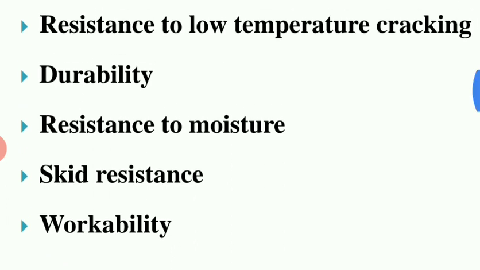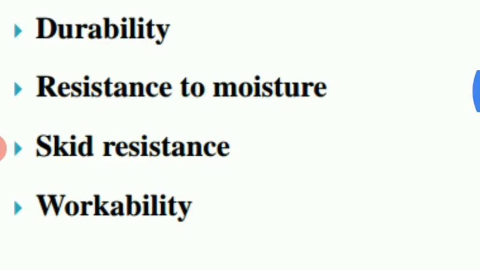And then one more point, that is skid resistance. Skid resistance means, on a rough road, whenever we apply a sudden brake, the moving velocity of the vehicle will be faster than the tire velocity. That time the skid may occur. So it should bear that skid also, such that if sudden brakes are applied, the vehicle should not skid. So whatever layer is made on the surface using the bituminous mixes should be skid resistant.